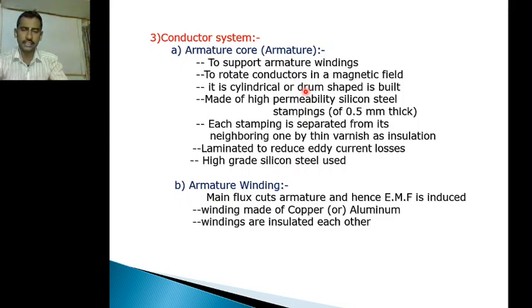So for the DC generator, we have two arrangements: stator arrangement and rotor arrangement. In the stator arrangement, we have the yoke and field winding, and for the field winding, the pole core, pole shoe, and field winding. For the rotor arrangement, we have the armature core and armature winding. When we rotate this armature, we generate some EMF, and we have to convert that EMF for our electrical usage. We can generate the EMF, and we can collect that EMF.